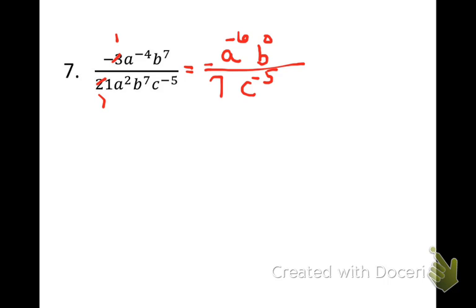So now I need to simplify it without having negative exponents. So don't forget, I still have a negative sign here somewhere. The a to the 6th is going to move to the bottom. The b to the 0 is going to be 1, so if I don't have anything up here, I'll put a 1, but I am going to move my c to the 5th up here. And then that would be my answer, negative c to the 5th over 7a to the 6th. And remember, the negative sign can go anywhere, although usually we don't leave it in the denominator. And that is it for